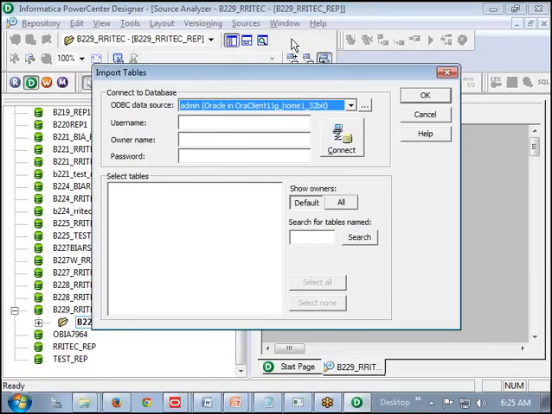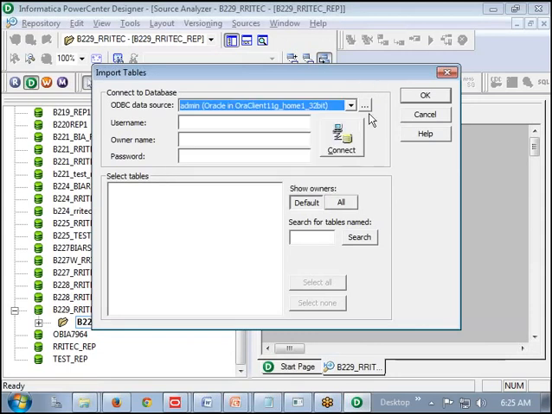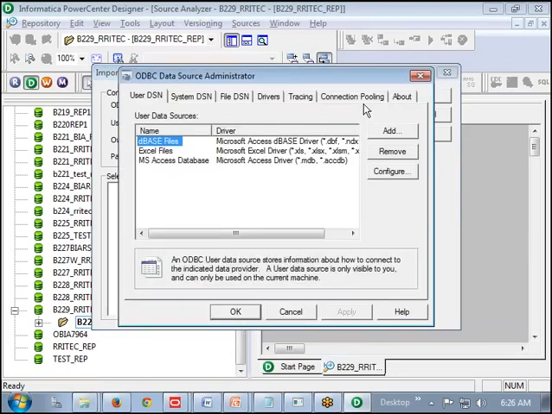Then connect to the database available. What connection are we creating? ODBC. Here we have so many ODBCs available, different batch people created them. But we would like to create our own. For that we need to click on this three dotted symbol. Click on that. Then we can observe here user level data source name we can create.